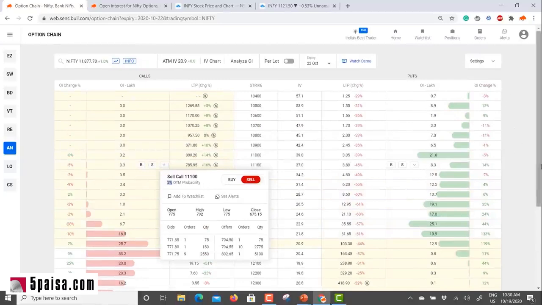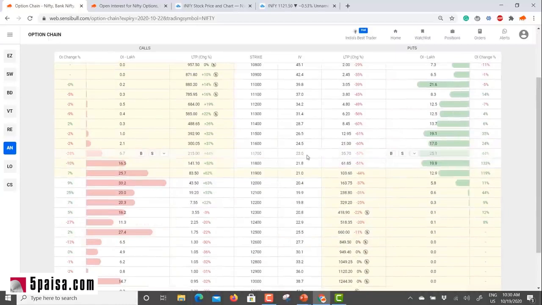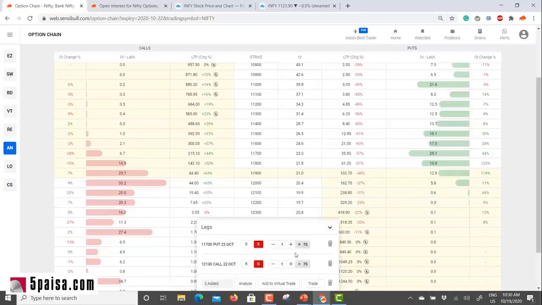Another interesting thing is that you could make basket orders from this option chain. So for example, let's say that you want to do a strangle, right? Let's say I'm selling this 11,700 and I'm selling this 12,100. So my basket order is ready right here. So I can change quantities here and trade directly from here. I could also analyze my trade before I do all that